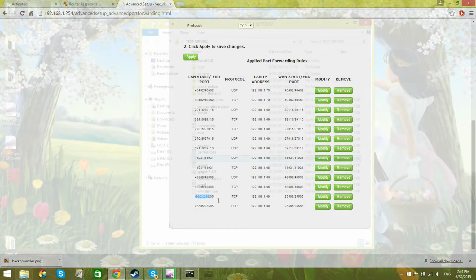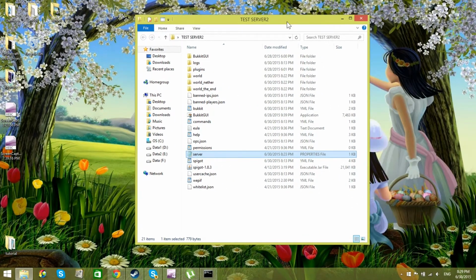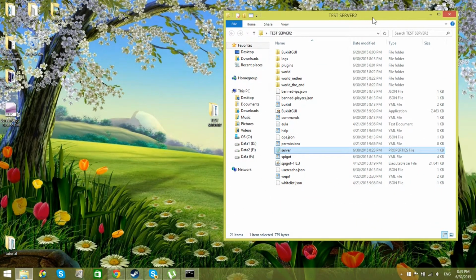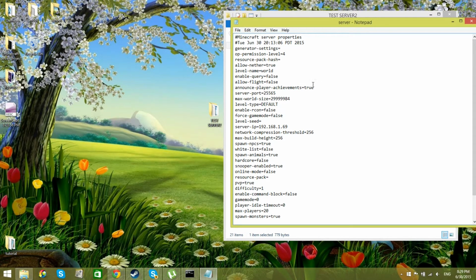Alright guys, once we have our port set up, we can finally start configuring our server. As you see right now, I have my example server or test server open. What you want to do is open up your server text document, and you're going to see a bunch of server settings. What you want to do from now is change your server port to the port you just set up. For me, I made a 25565 port, so I'm just going to change this to 25565,